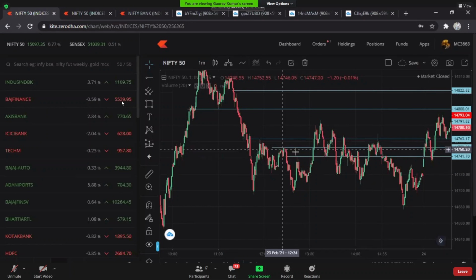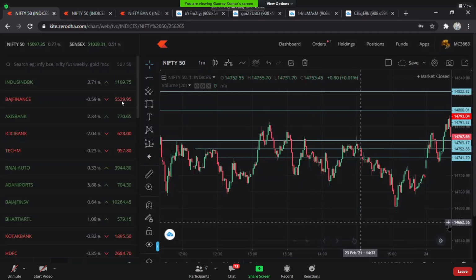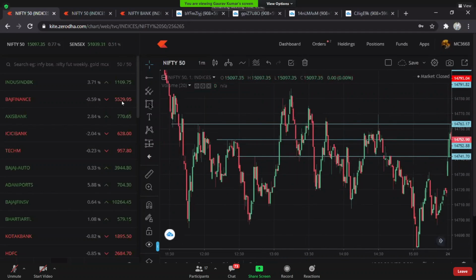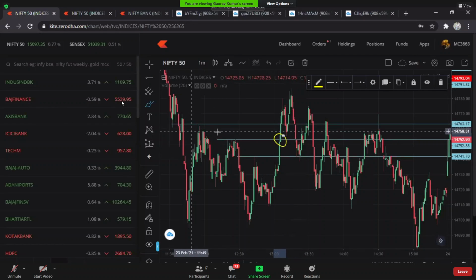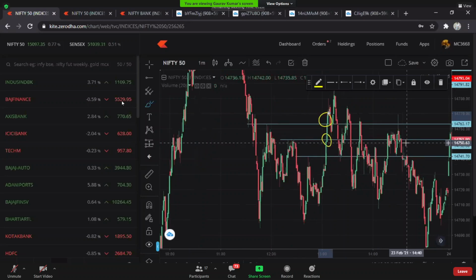The reason is that I have big rejections out there, long big rejections. And yeah, the market responded perfectly to my first big rejection. You can see a rejection is formed here as well. And on my second target as well, the rejection had formed. And after going upwards, the market totally reversed from that level.